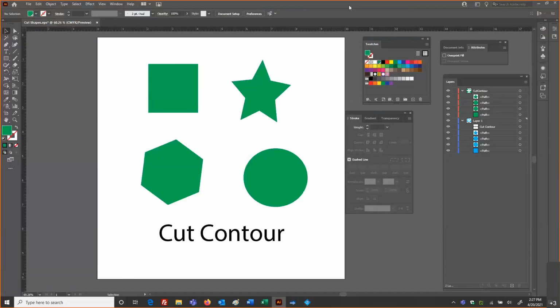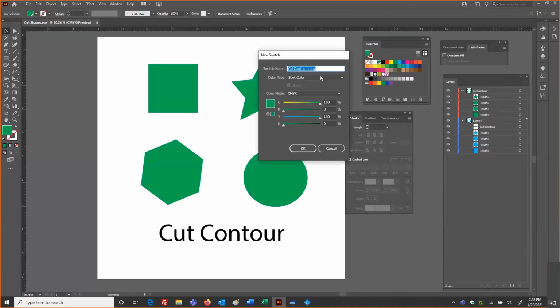Okay, so back in Illustrator, I have everything I need. This was just a single cut shape right around these objects. If I needed more than one cut path, very simple, I just make another swatch and I give that spot color a name and I associate some type of color representation to that. And it is a spot color.